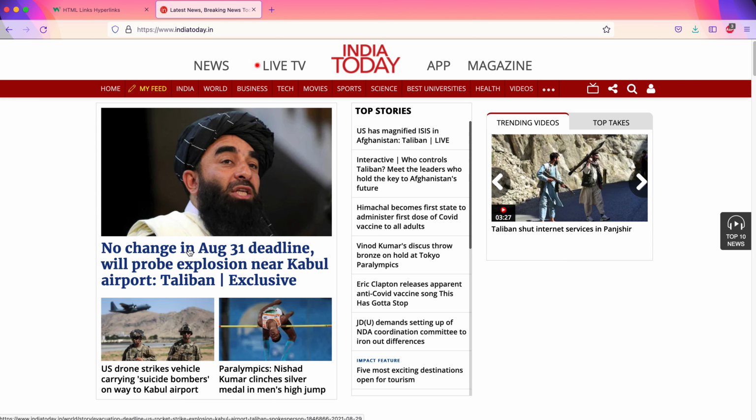If I move my cursor to the "no change in August 31 deadline" text, it immediately changes to a hand, right? And sometimes you can also see a pop-up that gives us a little more information on it.